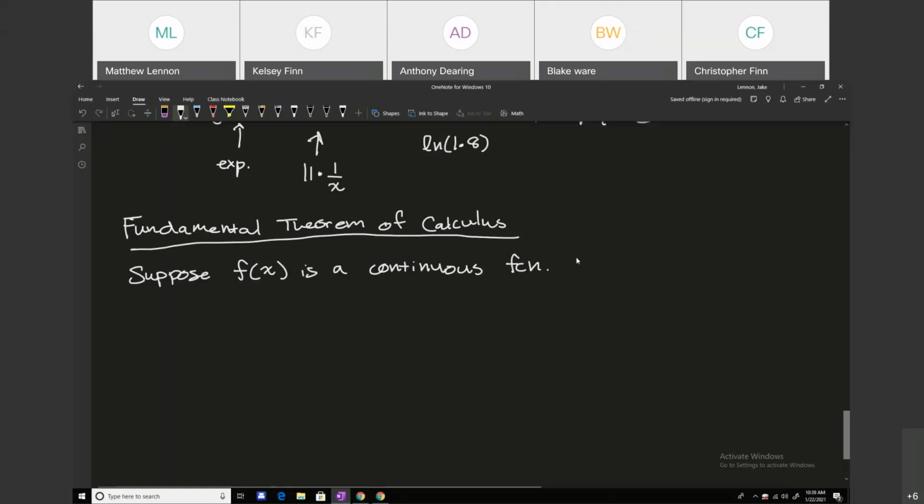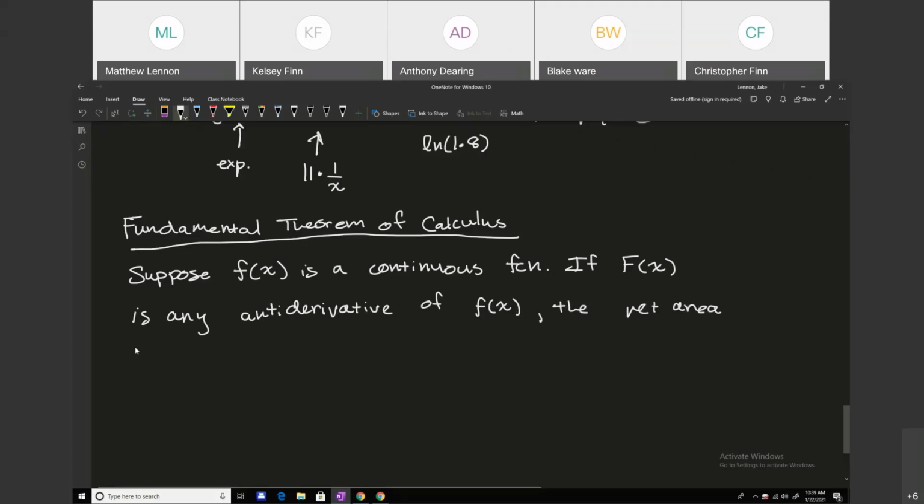So if, let's say, capital F of x is any antiderivative of little f, the net area between f of x and the x-axis from x equals a to x equals b